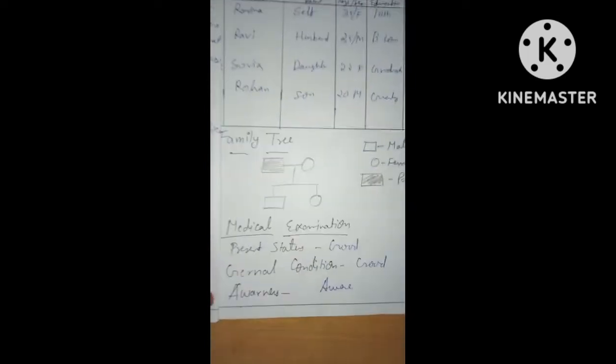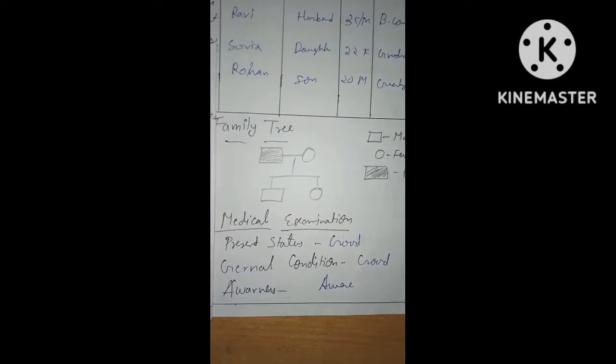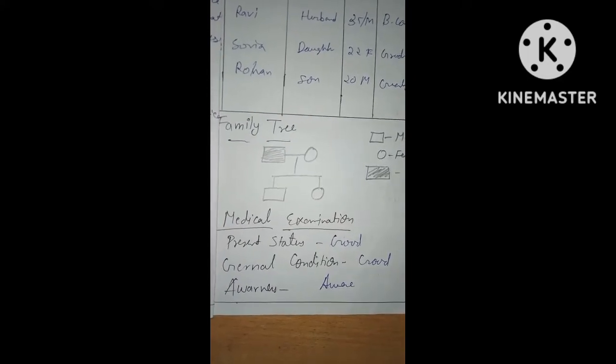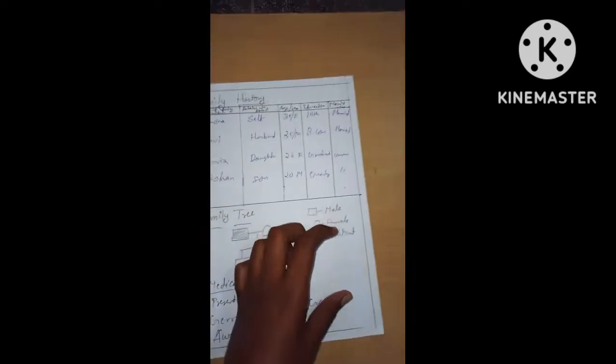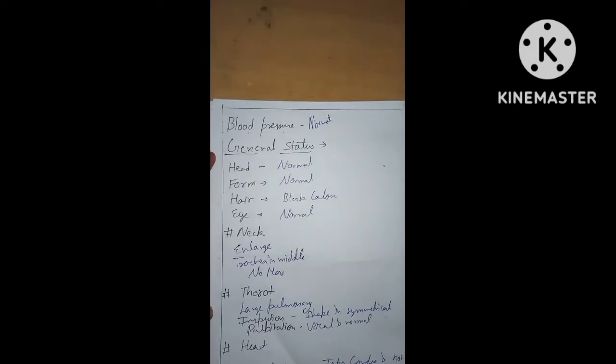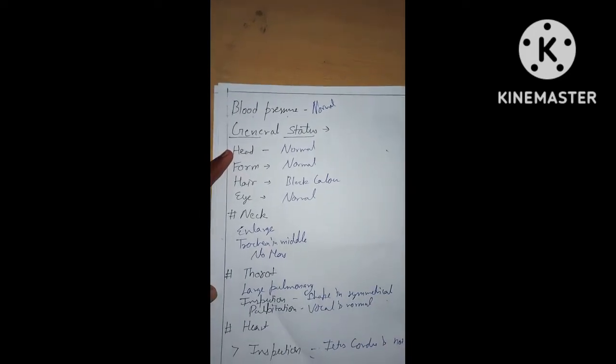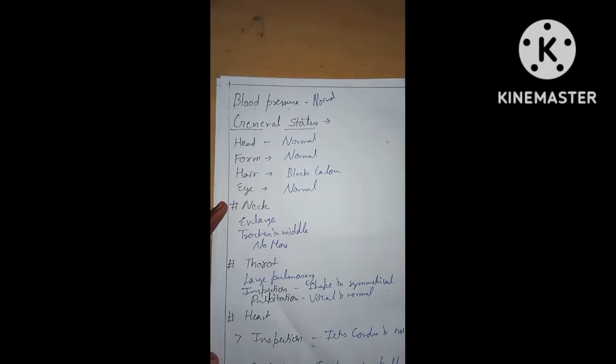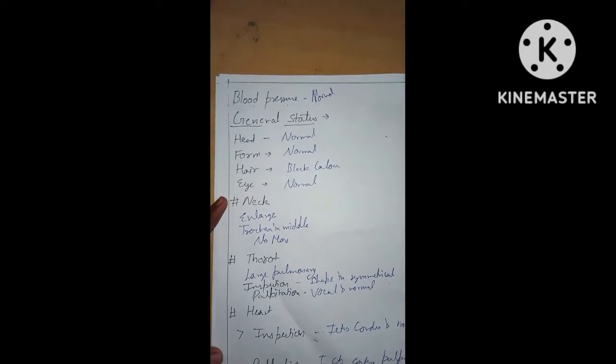Then it next comes to medical examination. Present status is good, general condition good, good awareness. BP normal, general status: head normal, form normal, hair black in color, eyes normal, neck enlarged, trachea in the middle, no marks,